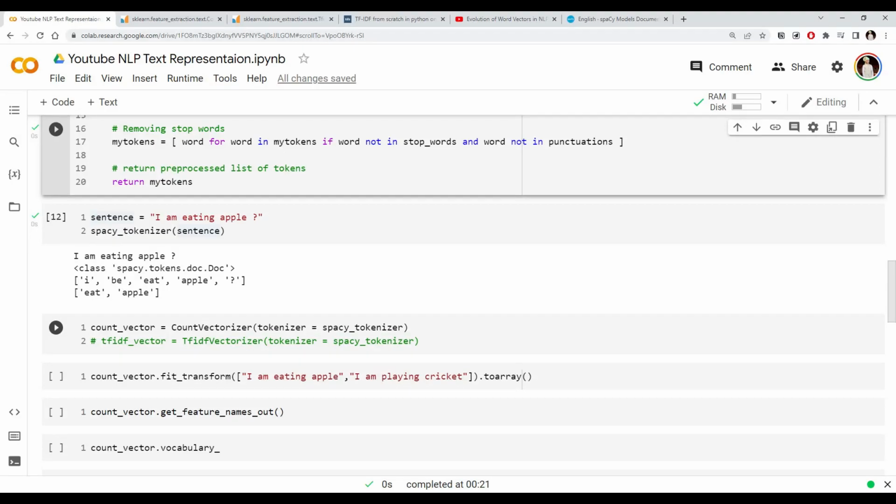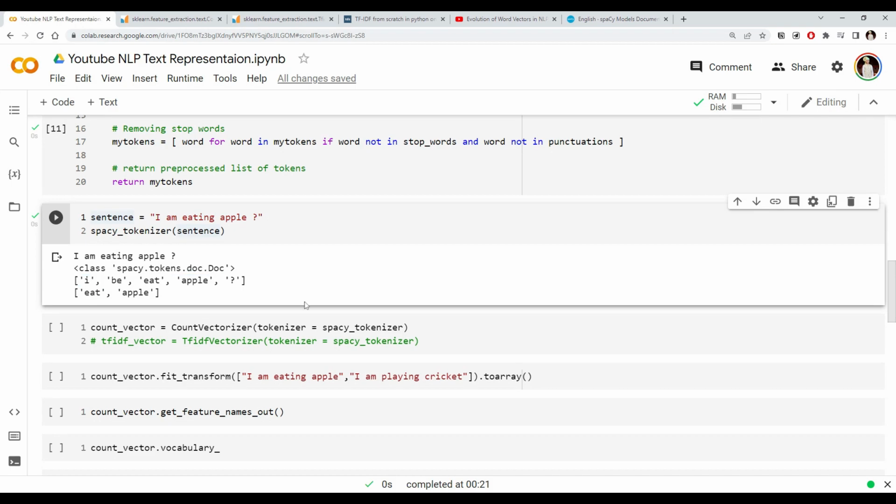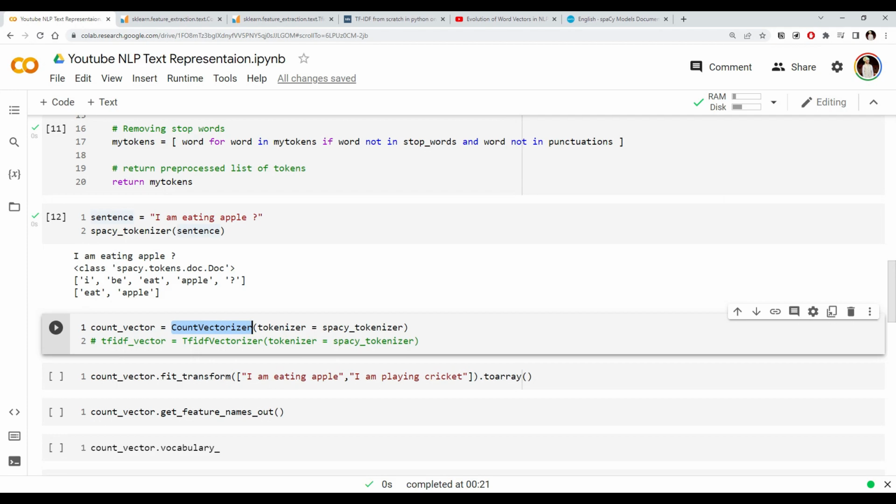Now, here is the thing. We know that in machine learning, we can't pass text directly to a machine learning model. It requires the text to be converted into numbers. Whole natural language processing is about how we convert this text into a numerical representation, and each technique has its pros and cons. Today we will see the count vectorizer technique and the TF-IDF technique, and what the difference between them is. I won't go much into the theory, but I will try to give you an intuition of what's exactly happening. So let's look at the count vectorizer,